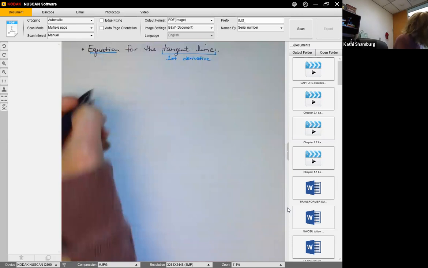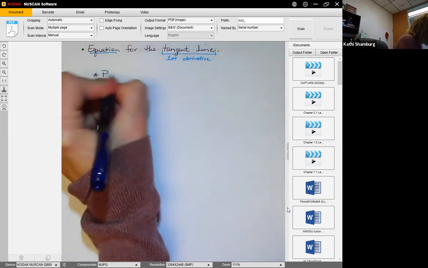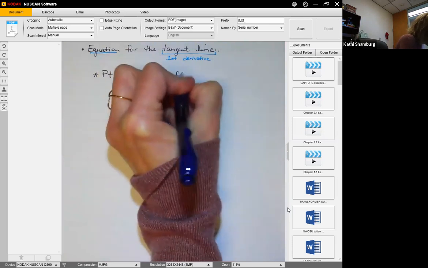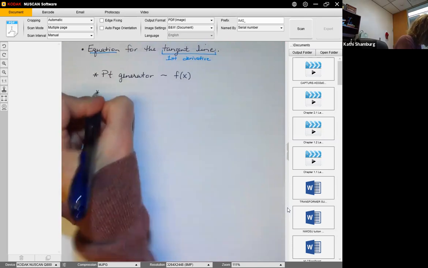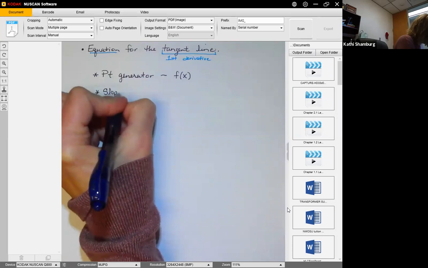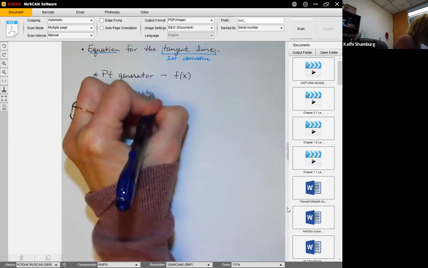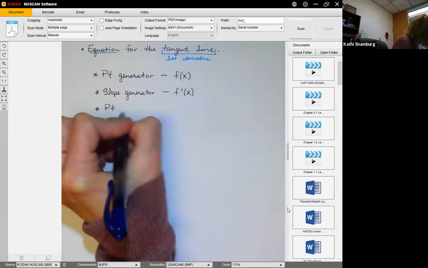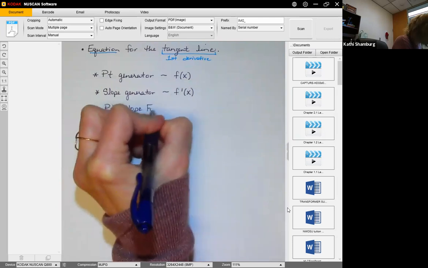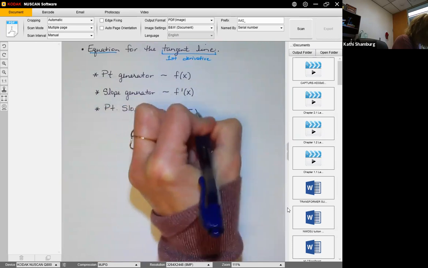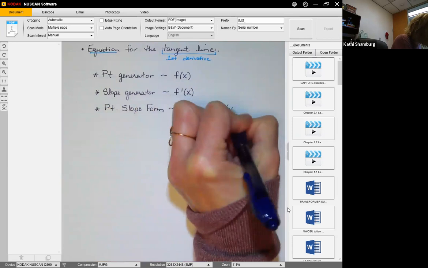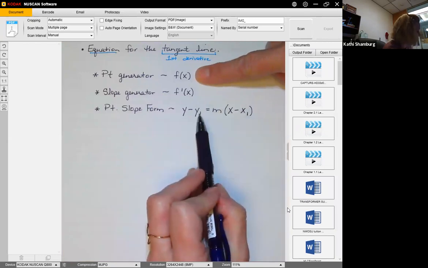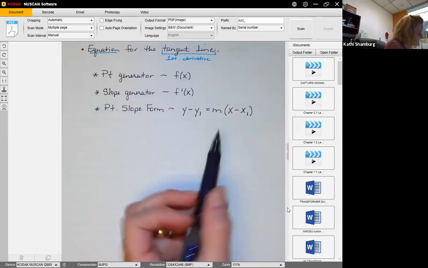All right, so here are the steps that we did. We want to use the point generator, which we know comes from the original function. We need to use the slope generator, which comes from the first derivative. And then we have to use the point slope form of y minus y1 equals m times x minus x1. So this point generator is what's going to supply x1 and y1 for you, and the slope generator is what is going to provide your slope, or your m. Okay, all right, so